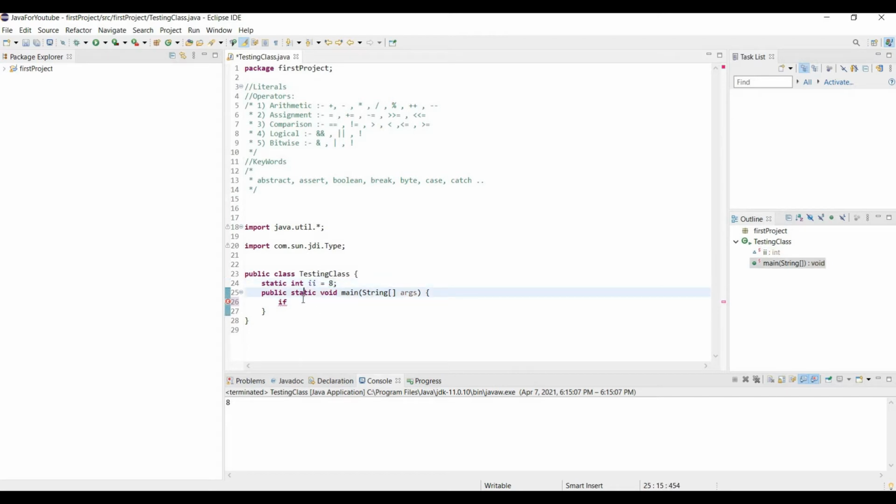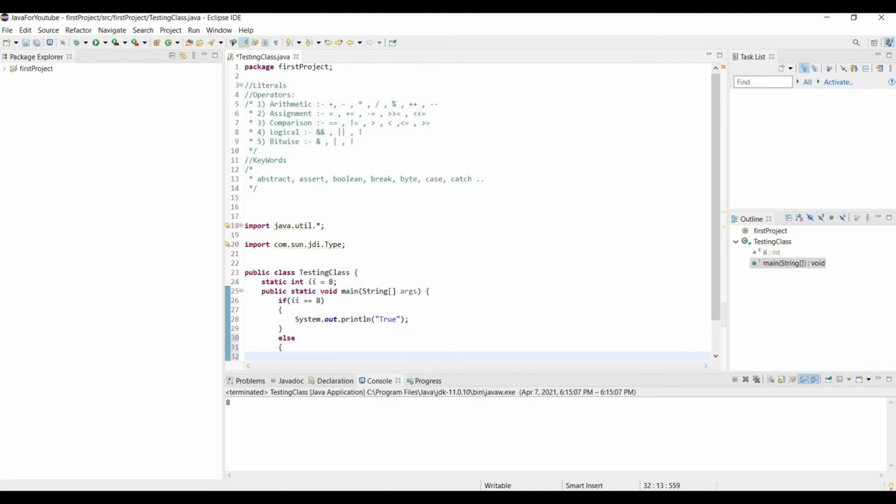So if I say here that if i is equal to 8, then you have to say true, and else whatever you want to print.